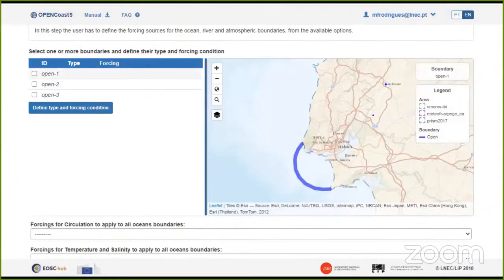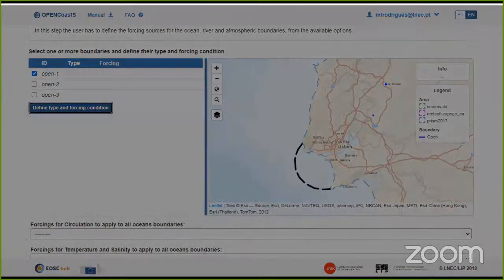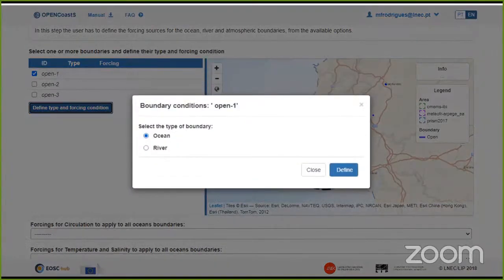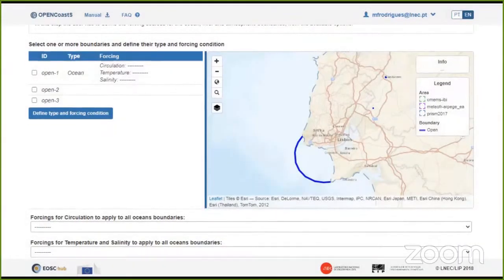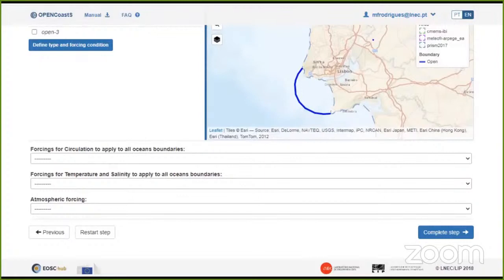So starting with open boundary 1, this is an ocean boundary, so we need to define the type and the forcing. So in this case is ocean, and we need to set up the forcings for circulation and also for temperature and salinity for this boundary.